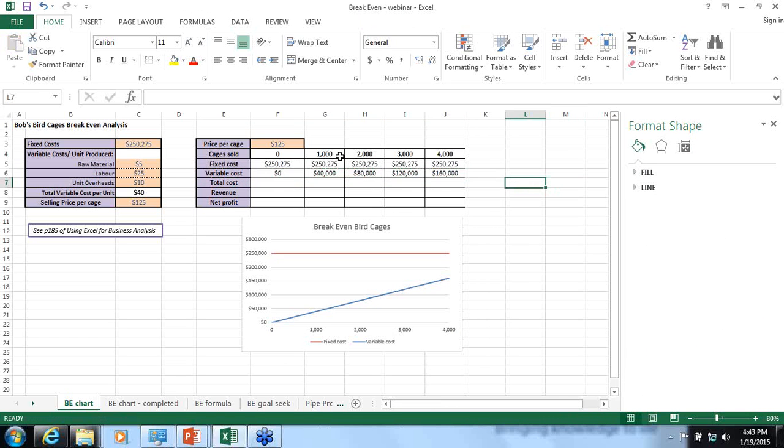Okay. So what I'm going to do now is calculate the total cost. So add that like that. That gives us our total cost for our break-even analysis. Our revenue, we can calculate by the number of cages sold multiplied by the selling price. So F4 with that one there, so I fix my absolute referencing and then just copy that across like that. And our profit is going to be the revenue less the total cost, like that. So we can see we're making a lovely profit there of